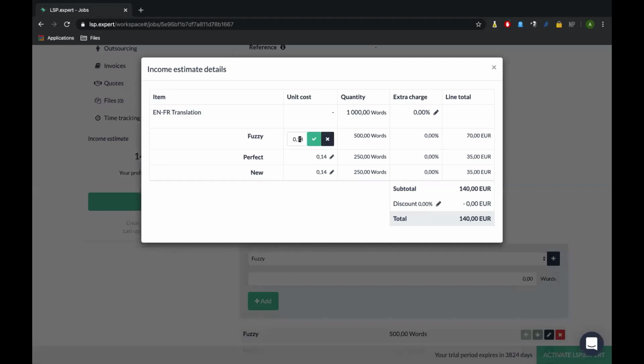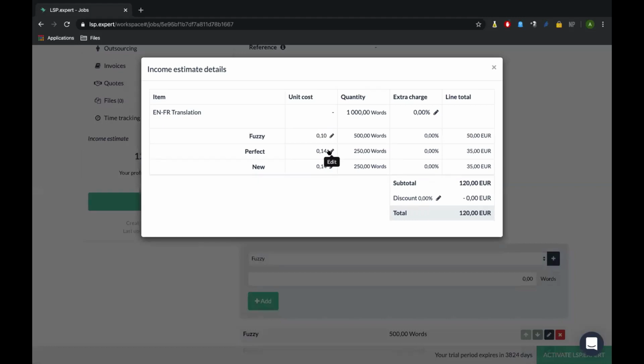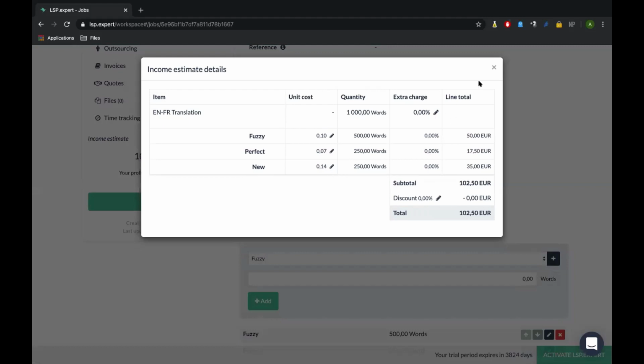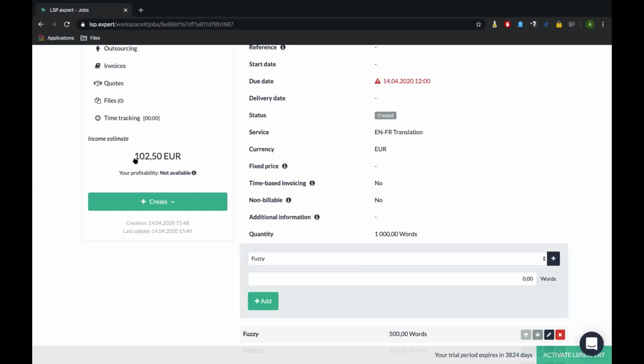So fuzzy won't be that much, it will be like 10 cents. My perfect matches will be a bit less, let's say half of it. And I still have new words that are still 14 cents a word. And I can see automatically that my income estimates have been updated.